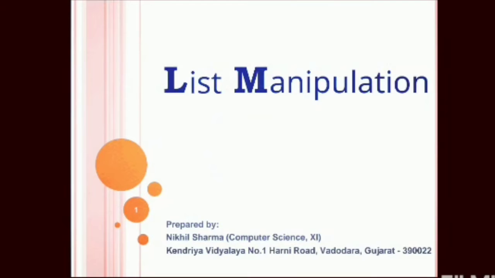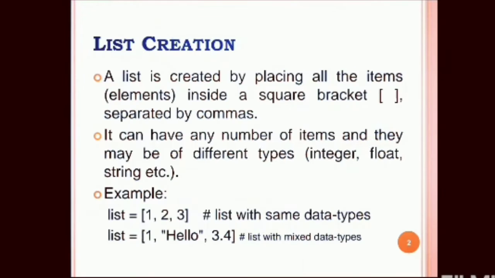Study about list manipulation. First of all, we discuss how a list is created. A list is created by placing all the item elements inside a square bracket, separated by commas. It can have any number of items and they may be of different types: integer, float, string, etc. Example 1: list = [1, 2, 3]